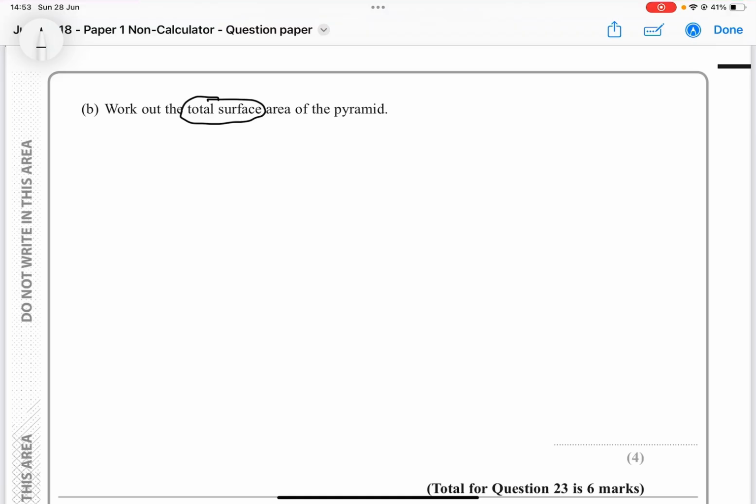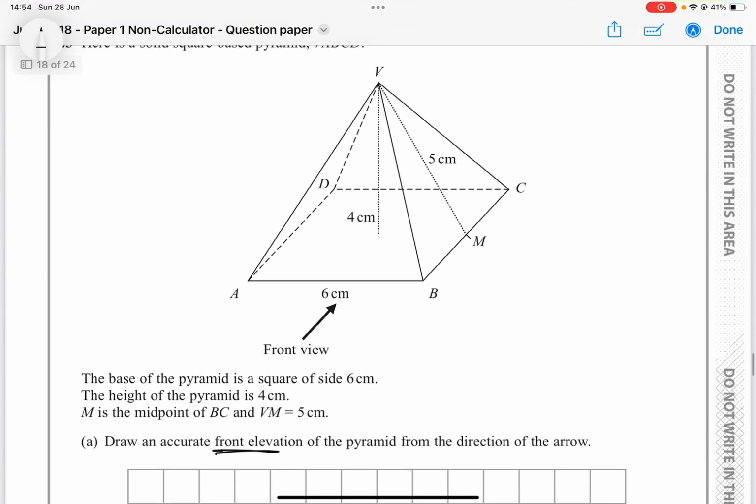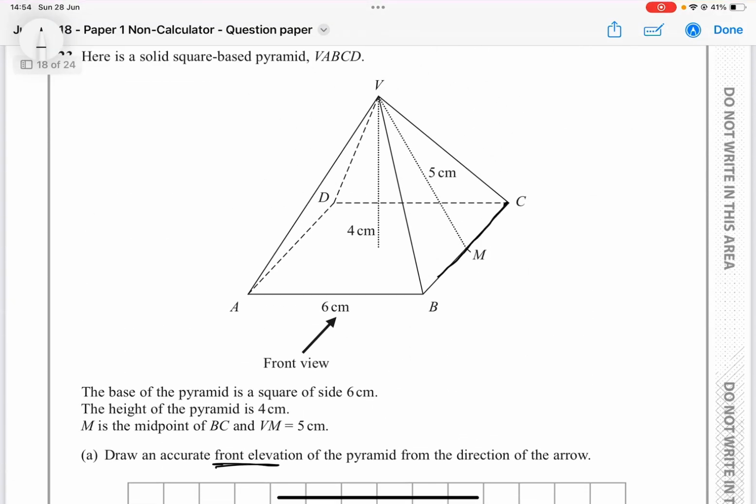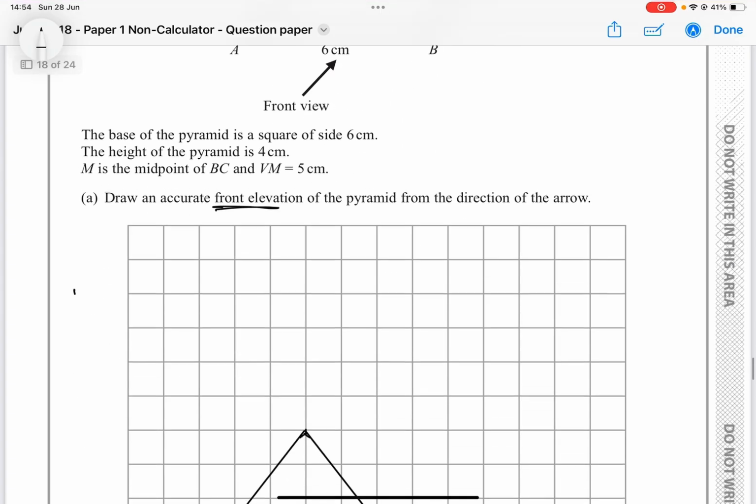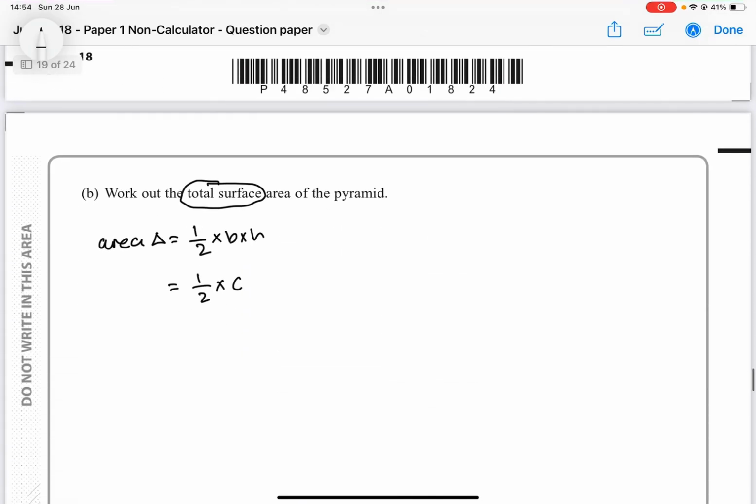Okay, first of all, we need to work out, so write down the formula for the area of a triangle, okay? So area of a triangle, remember, it's just a half base times height, yeah? So we know a half, our base for all of them is 6, because that's the square, remember? So all of these lengths over here will just be the same. So that would be 6 multiplied by